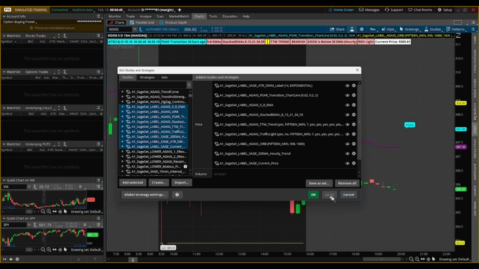Here's something to be aware of. If you change a study's settings and click Apply, Thinkorswim will move that study to the bottom of the list. You'll see the layering change on your chart immediately. Labels will shift position, but the studies list won't update to show the new order. You can close the settings panel and reopen it, or you can move the study up and down then click Apply again. It's a quirky behavior, but knowing this will save you confusion when changing a study's settings and your layering suddenly changes.